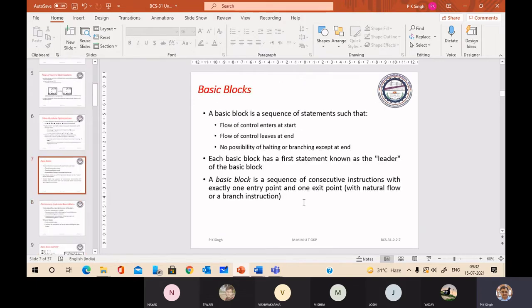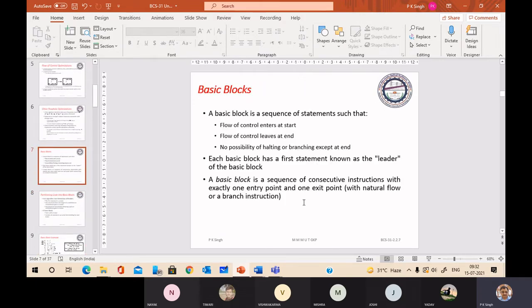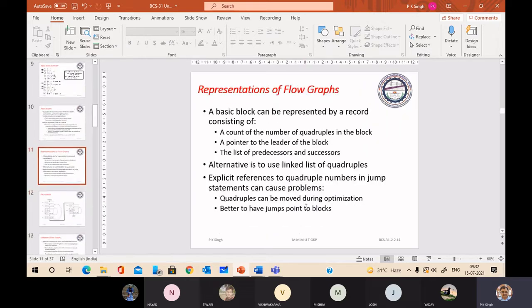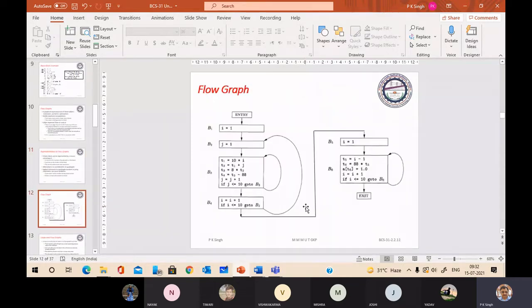We divided the three address code of a program into basic blocks, then found the flow graph for its control flow. As you know, the data flow in a basic block is intact: it enters from the top and exits from the last instruction of the basic block.